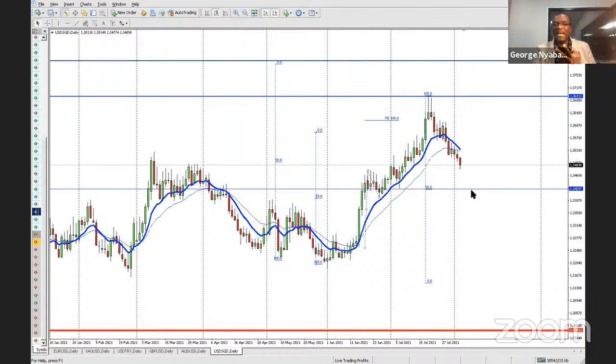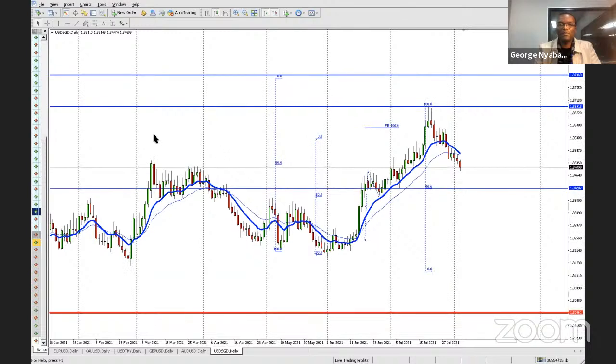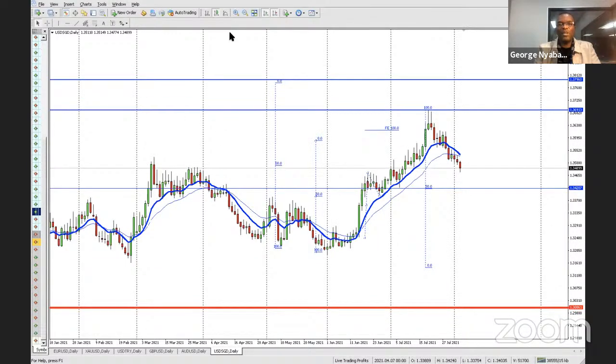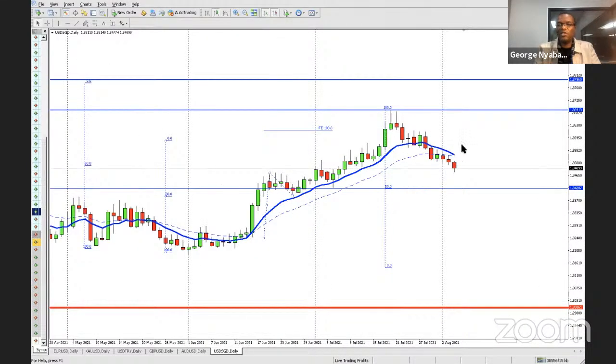But if they get there, are they going to break through? Is the market going to bounce off that? And if it bounces off that, am I going to get a higher low and trade the other way? Because the other way, of course, you can put a measured move from here to there and see how far it goes. But Singapore dollar, if you are trading that, if you are interested in it,